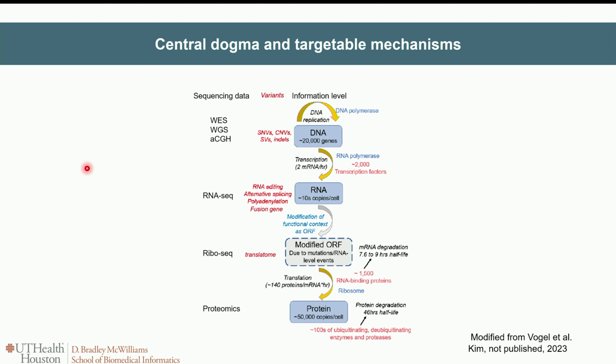In DNA, SNPs or SNVs, copy number variation, structural variants, or indels can be detected by whole exome or whole genome sequencing. And at the RNA level, RNA editing, alternative splicing, or polyadenylation can be identified